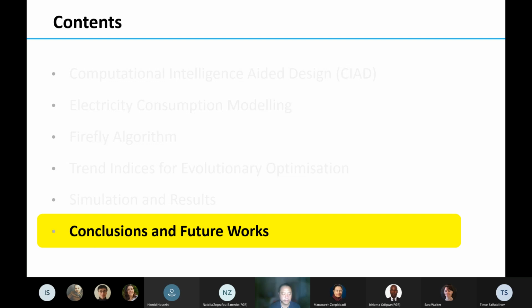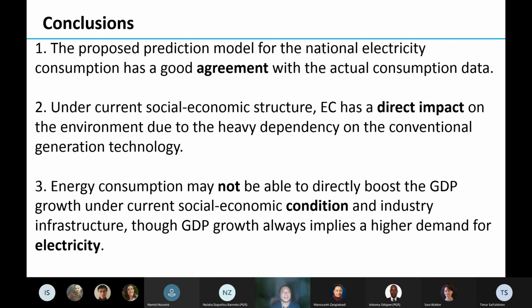Now, conclusions and future work. In conclusion, our modeling has a good agreement with actual consumption data. You can see the error is small, and the real data and the modeling curve stay very close.